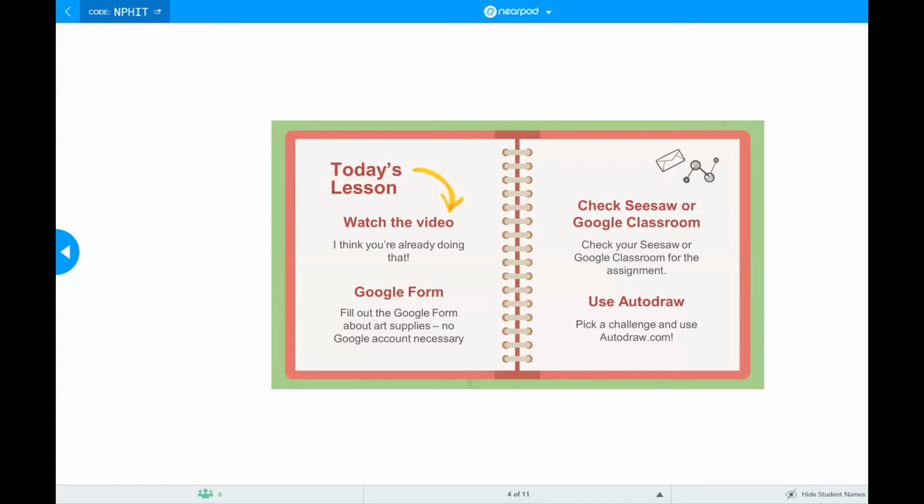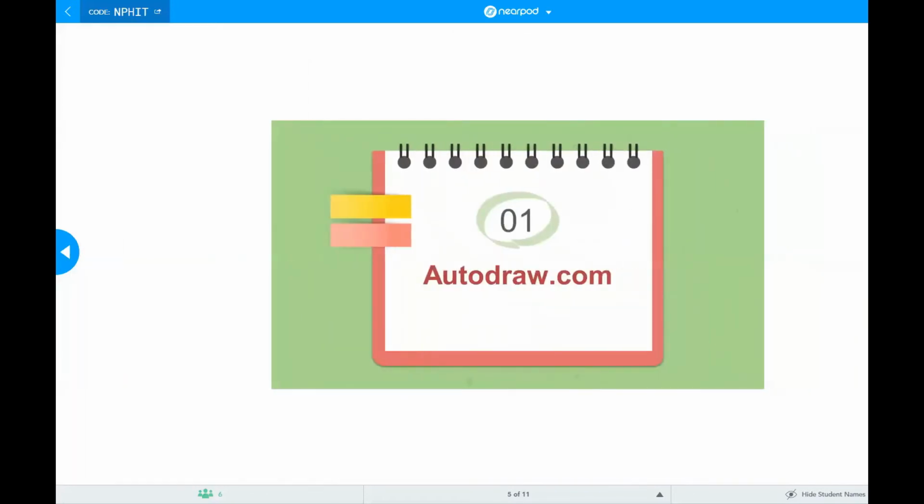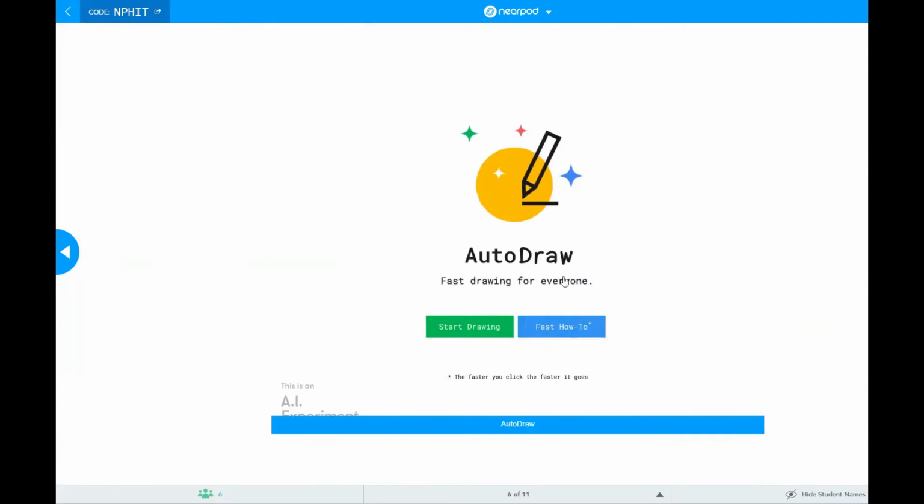Good job. So then we're going to talk about something called AutoDraw. This is a website that I thought would make for a really fun activity for our second week because it's something that everybody will be able to work with, and you should be able to access it pretty easily, especially now that you guys are getting into the Google Classroom. So this is going to show up on your screen. I'm going to go ahead and click Start Drawing.